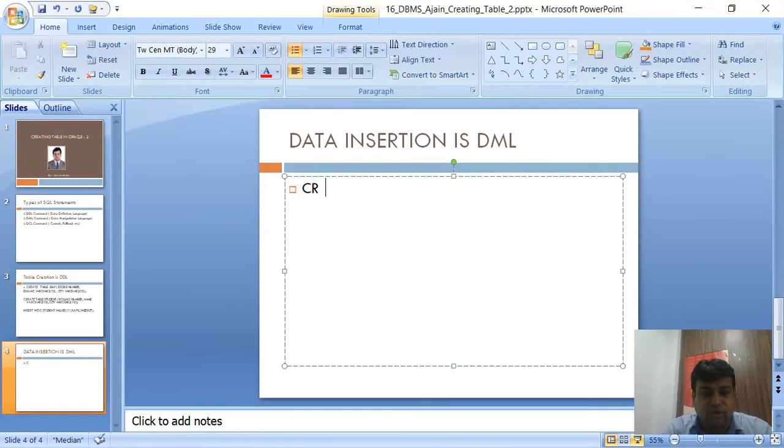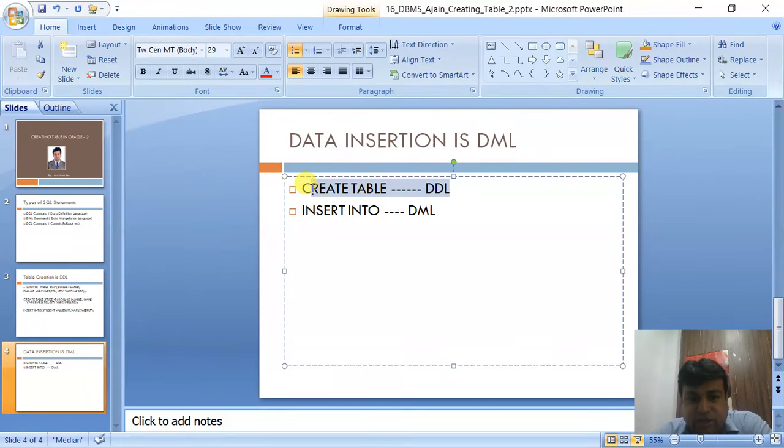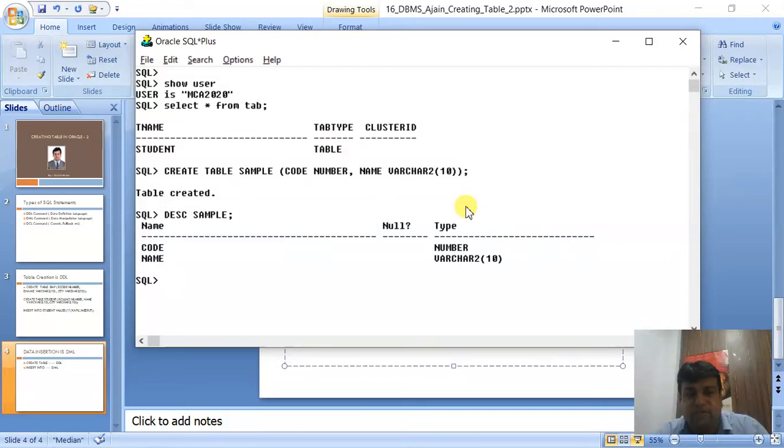So create table was DDL and insert into is DML. Anything related to table structure creation is called DDL, and anything related to data insert, view, select, delete, modify is all DML. So please remember this.